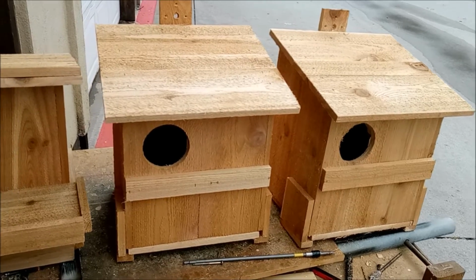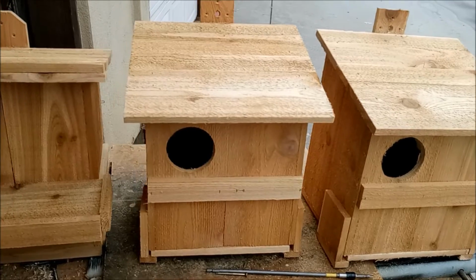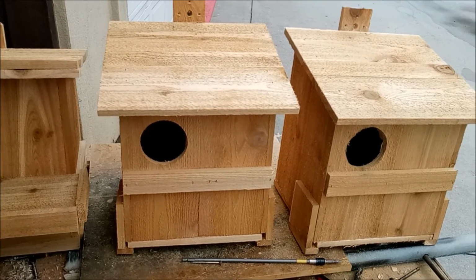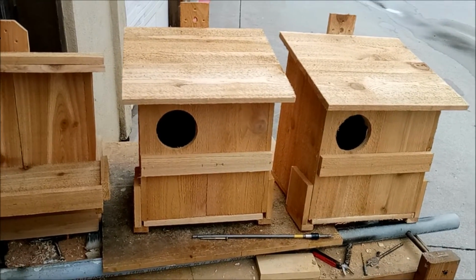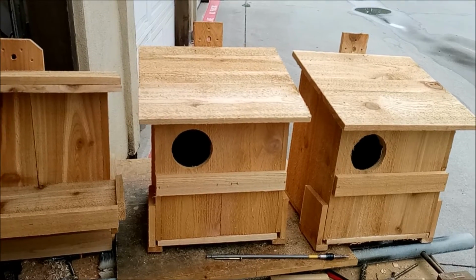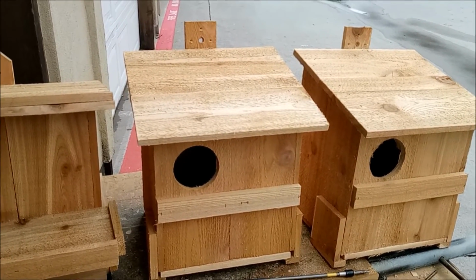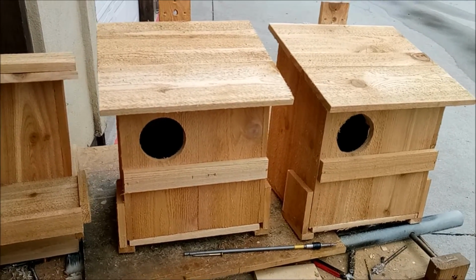But study up on these owls. A good place to go is Cornell University. They have a really excellent site on birds, and they're a wealth of information. But like I say, things are not set in concrete. So if you read the box has got to be 30 feet high, well, that might work in North Georgia in a pine forest. Okay, around here in Texas, our average oak tree is about 30 feet high,